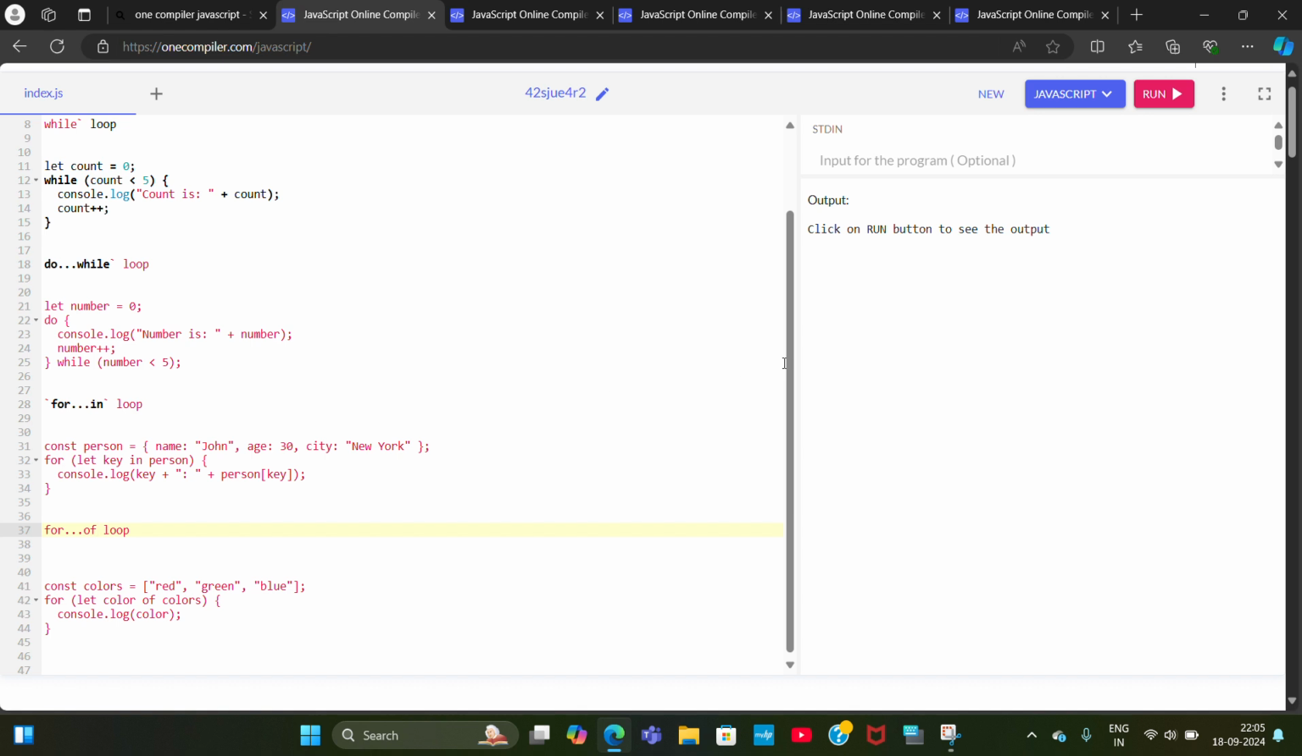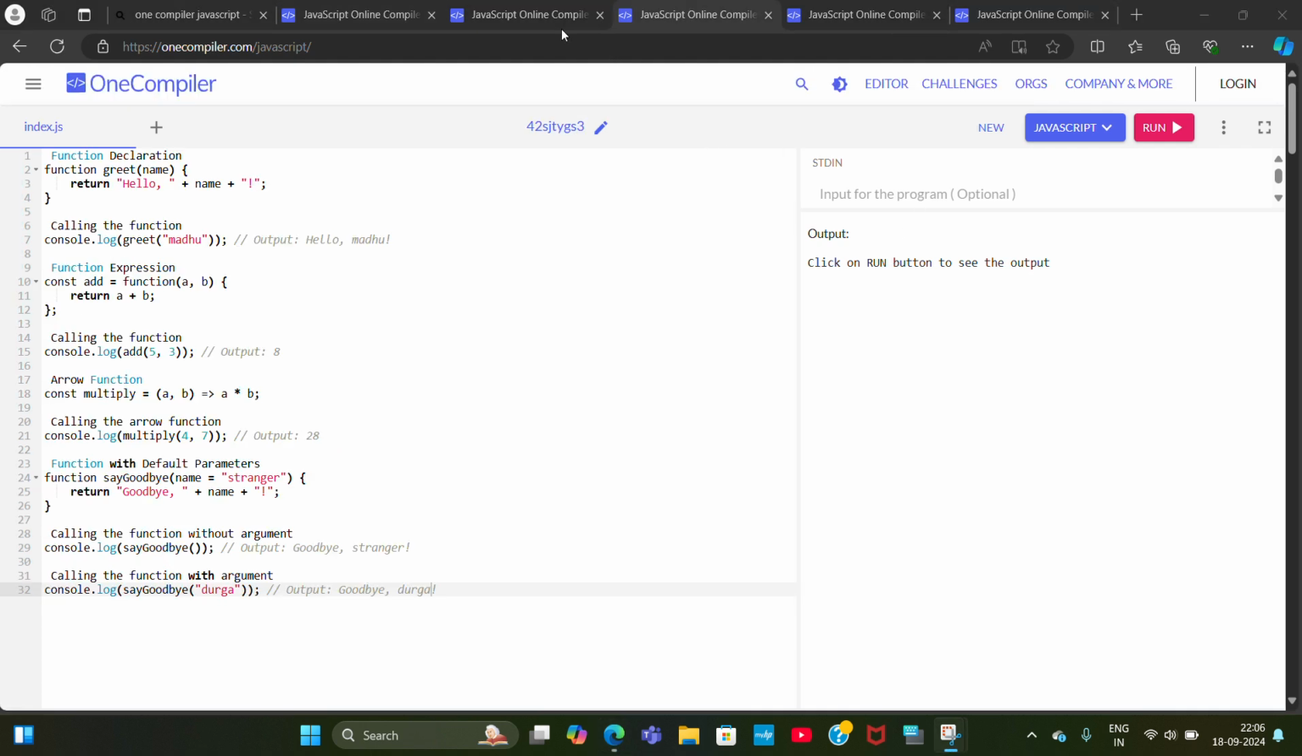And the next topic is functions. Functions are blocks of code that are designed to perform a particular task, and they execute mainly when something is invoked. Like we have to return them,